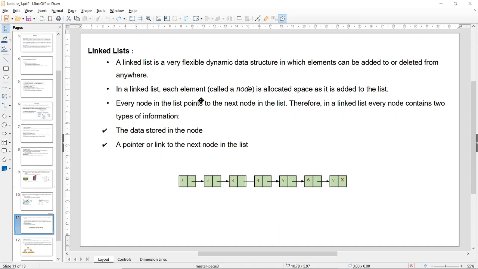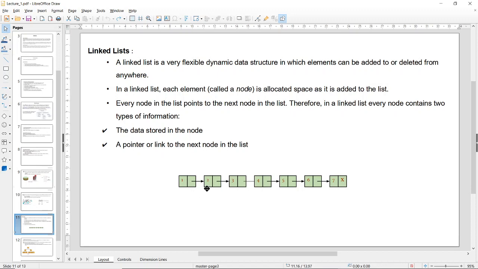In a linked list, each element is called a node, is allocated space as it is added to the list. Okay. So, for example, one is placed here, two is placed here. These are actually not in a straight line in the memory. These are placed far away from each other, but we can directly connect one to the other with the help of a position variable. Okay.